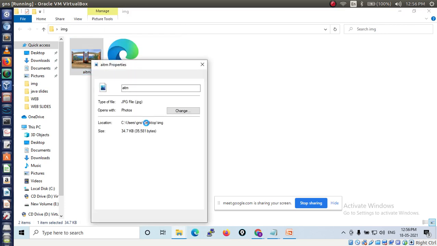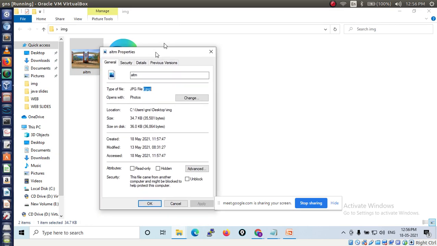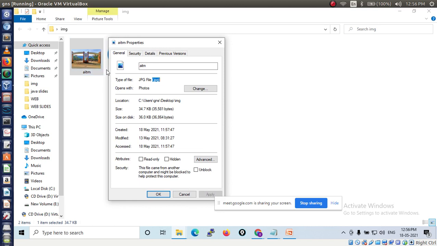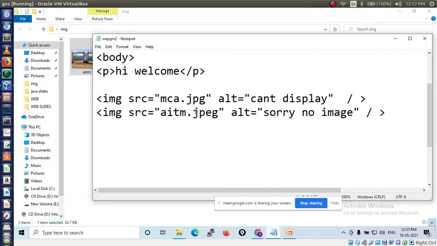The .jpg extension. To get the image extension, go to properties for that web image, then we will get JPG. Here we will write the extension name, AITM.jpg. Now which image is going to be displayed? Let's see.